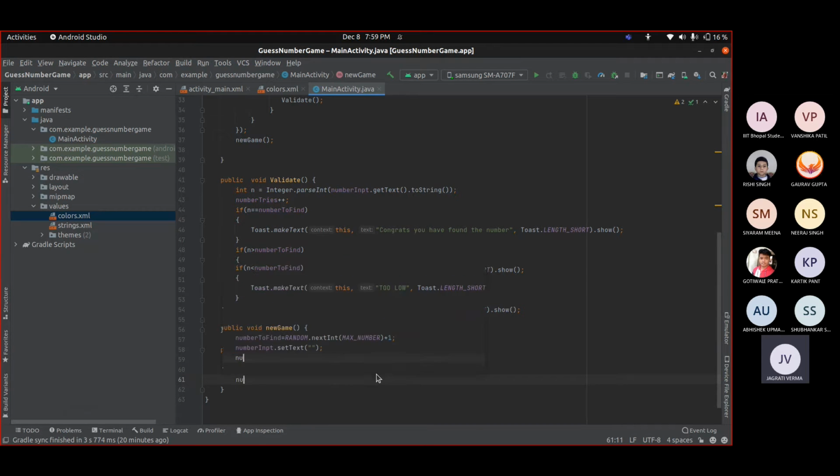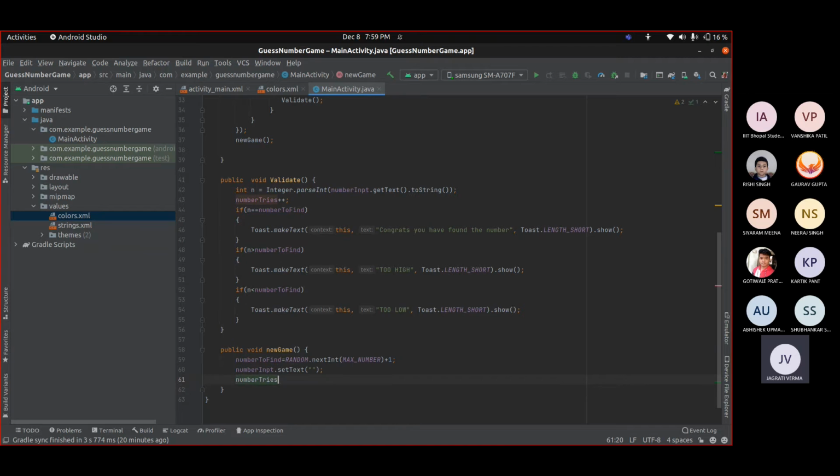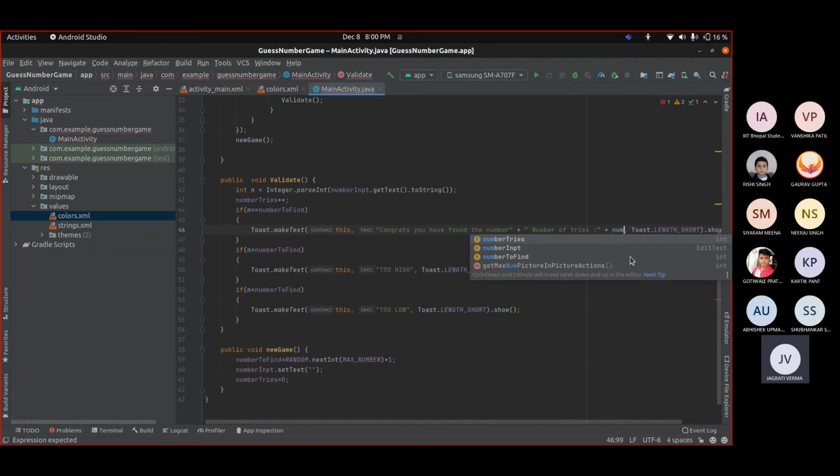After that we will type here number of tries equals 0. And if we guess the right number, we can also print here the number of tries it took, so type here number of tries, and we can also add the integer number of tries here.